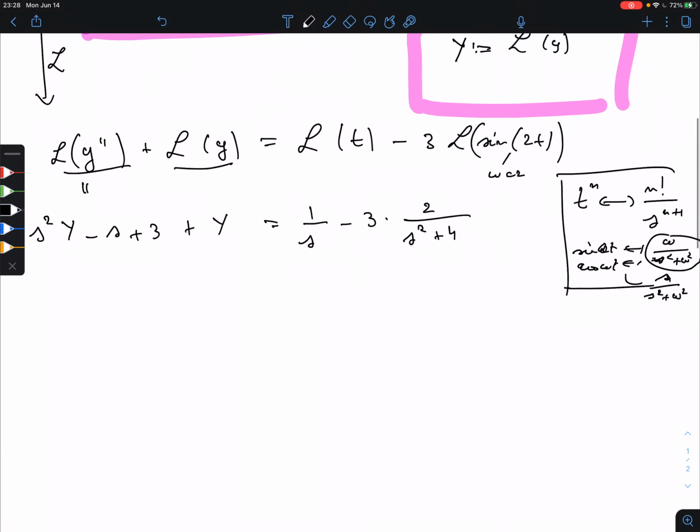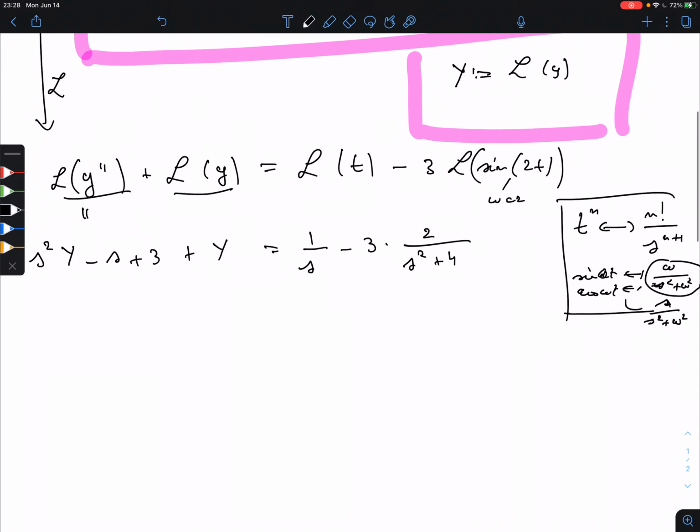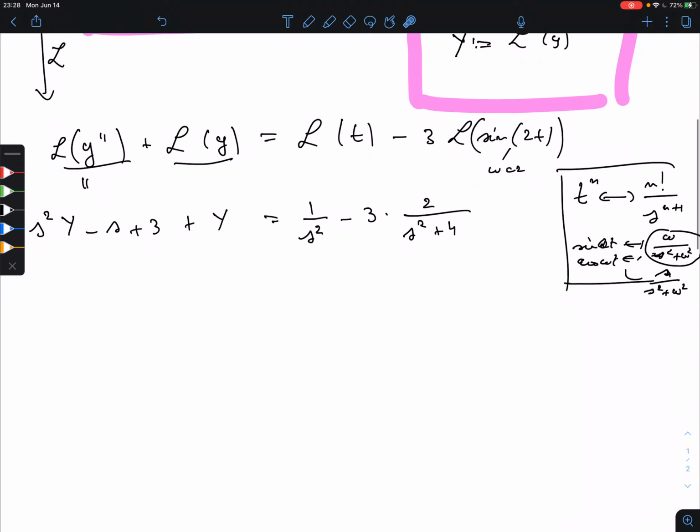So now we have 1 over s squared. I said square, but I wrote 1 over s, right? Because this is power 1, so this will be power 2. And here we will get 1 factorial, which is just 1. This is now an equation in Y, but a very simple one. A linear equation in capital Y, so we solve for